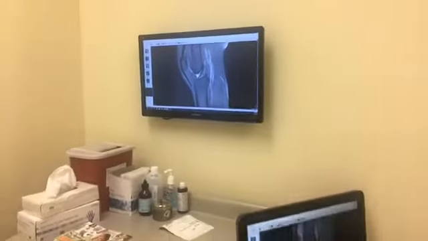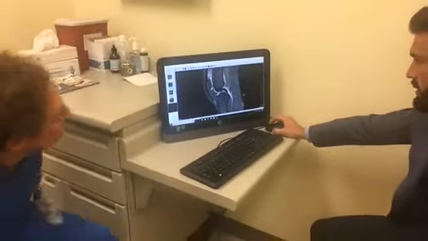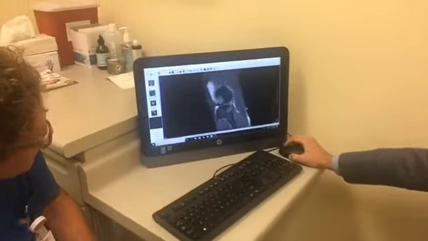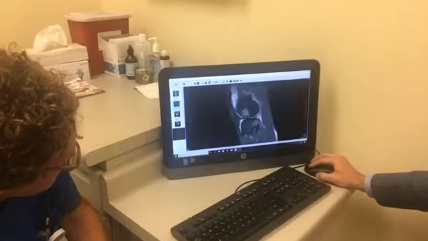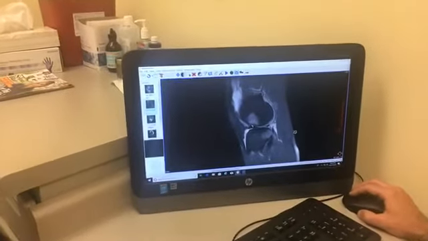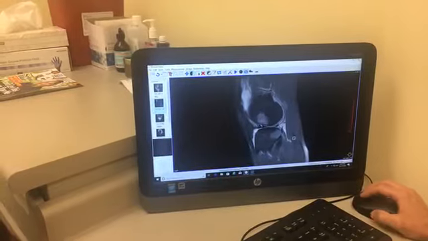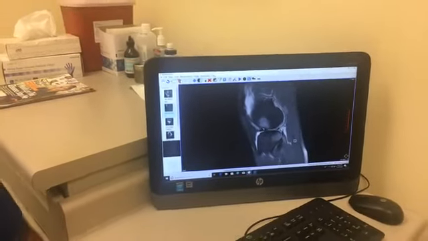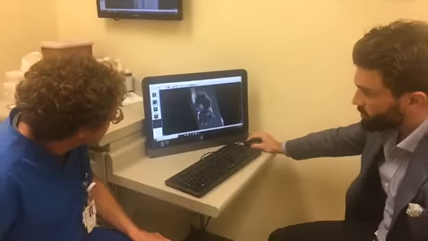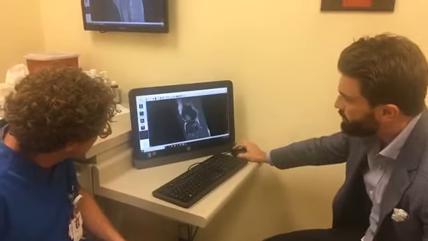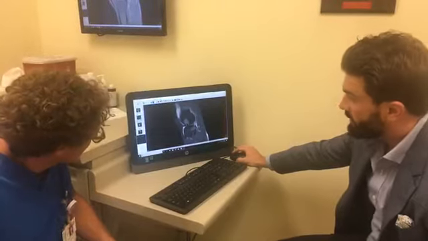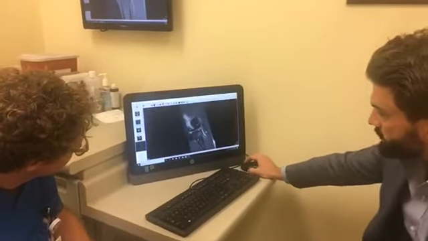Right. So then if you'll scroll down here to this image, for consistency's sake, we'll start here laterally. And what we notice immediately is that on the femur and the tibia, you can see these bone bruises, okay? So when you tear your ACL, what happens is the knee does a pivot shift, meaning that the tibia spins abnormally in relation to the femur, and the two kind of collide or knock into each other, and that causes that bone edema, that bone bruise pattern. And it's very typical. If you ever see this on an MRI scan, I can tell you there's an ACL tear without even looking at the ligament, okay? So that's the first thing we notice.